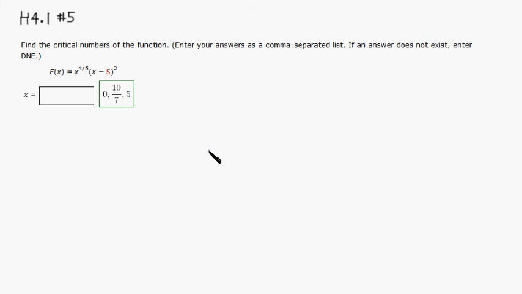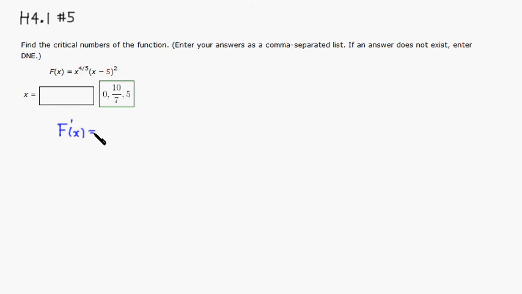Okay, let's look at homework 4.1, number 5. We want to find the critical numbers of this given function. So let's take the derivative, right? So f prime of x